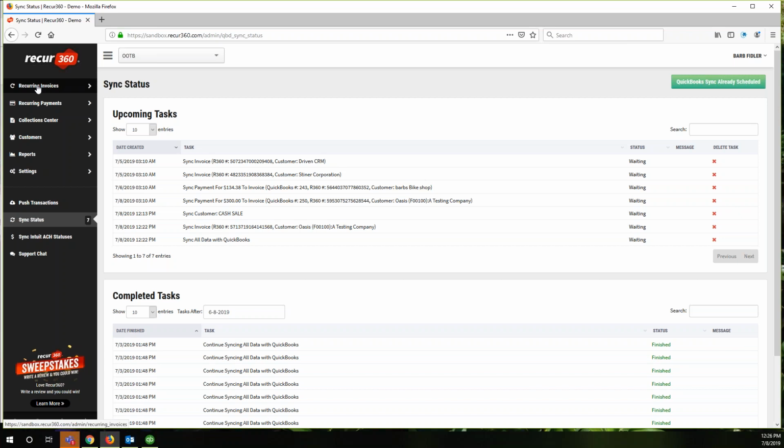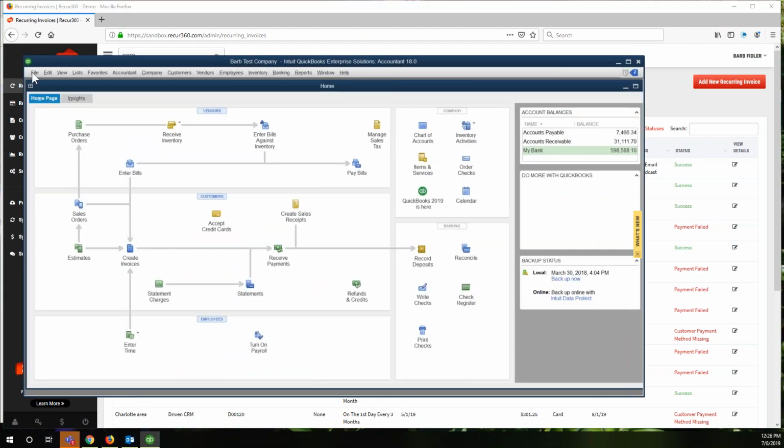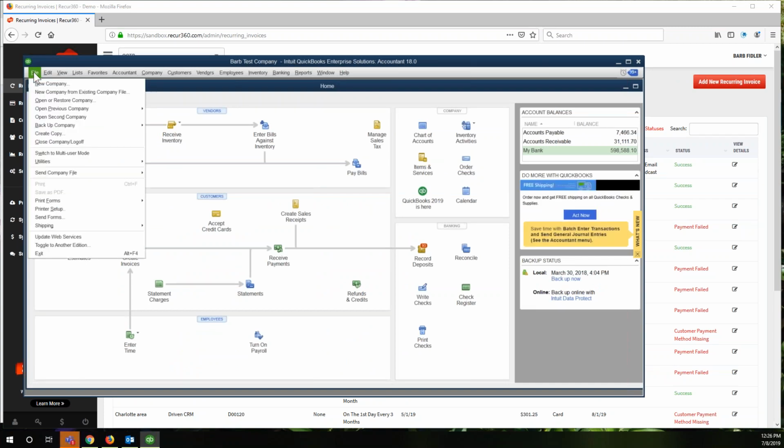And that kind of covered our recurring invoices options, guys, as well as our collection center. Next thing I do want to talk about is our recurring payments module. As I said, that's kind of the third major component of Recur360, and it's one of our newer features that